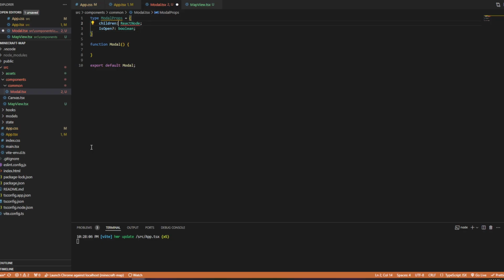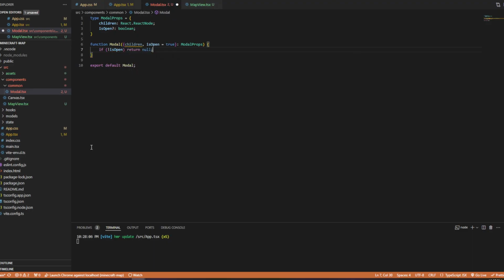Actually, because I've done this elsewhere, I'm just going to say React.ReactNode, just to keep things a little bit the same. So we have children and is open. I'm going to default this to true, which seems a little weird, but if you think about it, if the parent component decides not to set is open, I kind of feel like it should just be open, because if the parent doesn't want to show this, it makes sense that they would then set is open to false. That's my thinking anyway. It doesn't really hurt anything, because most of the time when this is used, that value is going to be provided. So we're going to say if not is open,